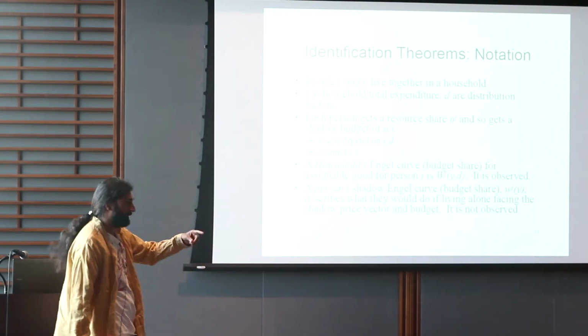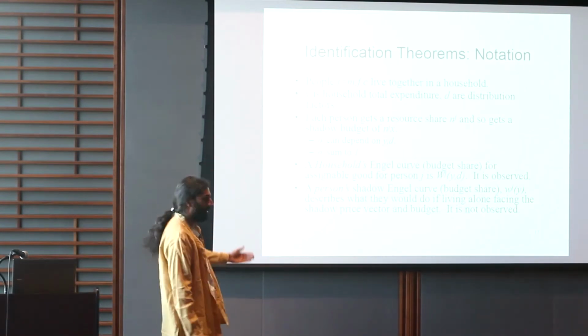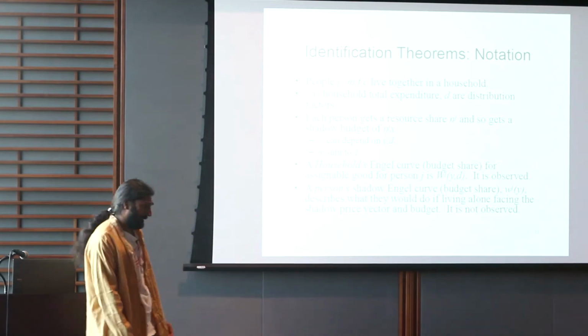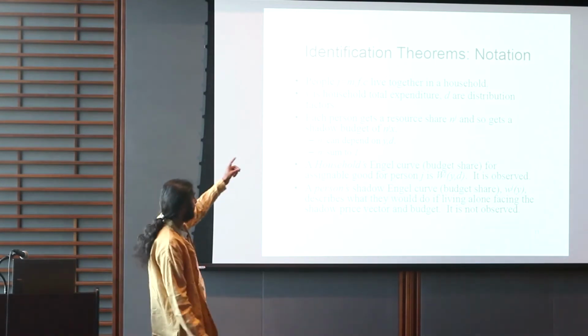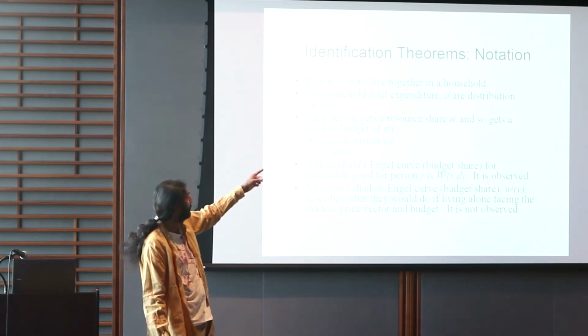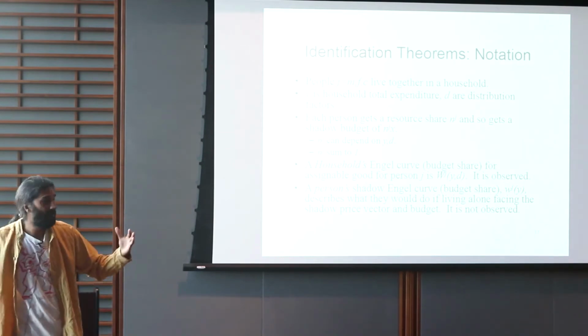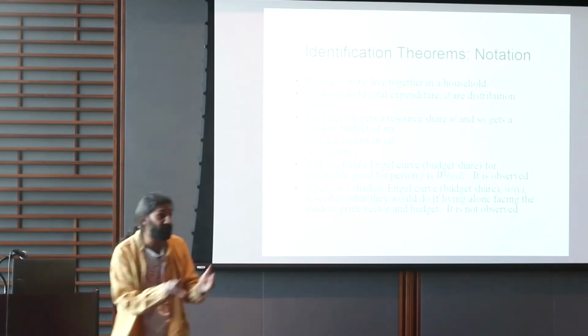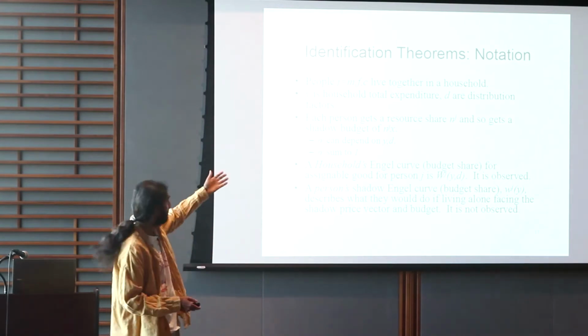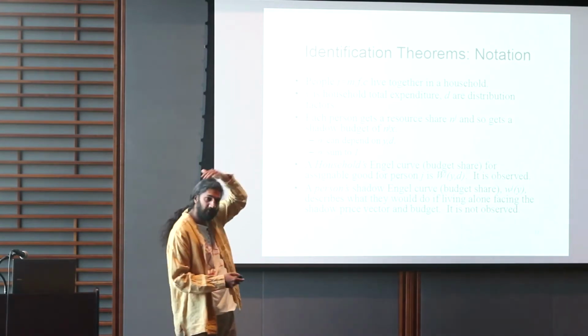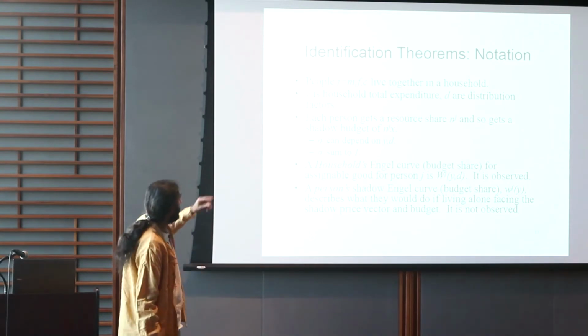Okay, so now I'm going to tell you the theorems, and then I'm going to jump to the data. Hopefully 11 minutes each. So there are going to be three people, MFC: mother, father, children. The children are going to be a lump for what I'm talking about, but if you have an assignable good for each child, you can unlump them. So the lumping of children is not required. Y is household total expenditure. D are these distribution factors, which are going to come in a little later when I show you identification with distribution factors.